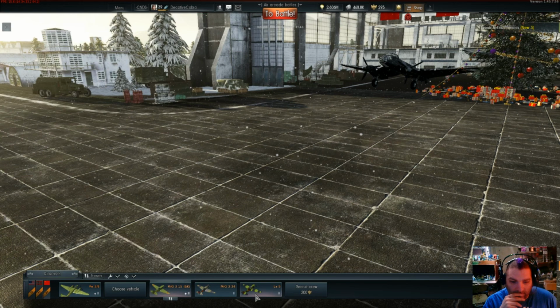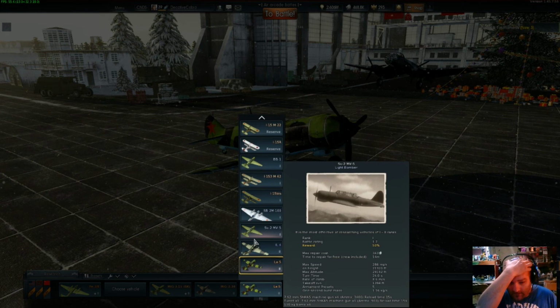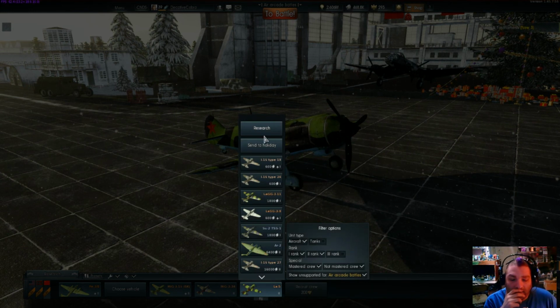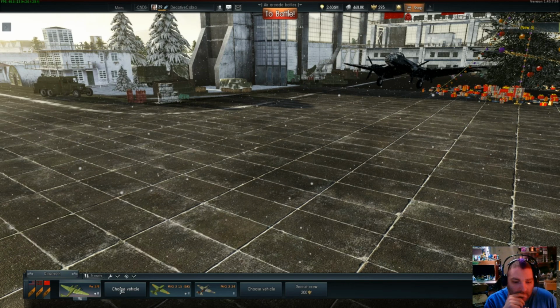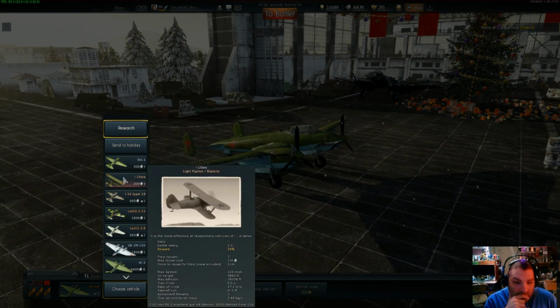2.3. So we can take him out of the lineup. We'll send him on holiday. Let's find me one more. 2.0, 2.0, 2.0,